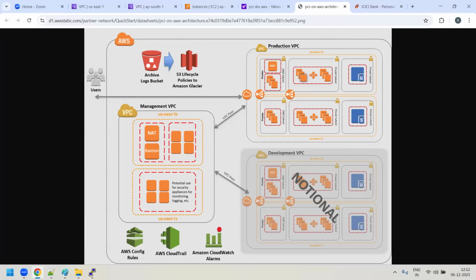But in real time, you know very well, guys, you cannot do all this manually. It is very time consuming. You have to do it either through Terraform or CloudFormation templating. And when I take Terraform, I'll be showing all these things through Terraform also. The whole lab you can set up through Terraform also.